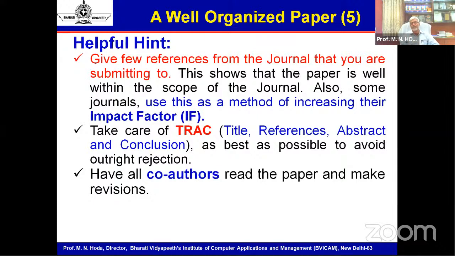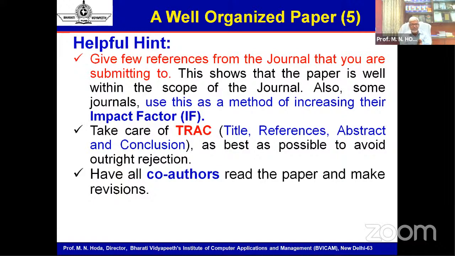Because if you have referred to 2-3 papers, the very first decision the editor-in-chief will try to take is whether the paper is well within the scope of my journal. That question will get answered with yes. The moment the editor-in-chief sees that there are 3 or 5 papers from my own journal referred here, the question of whether this new paper is within the scope of my journal doesn't arise. So you made a point there, and your paper is well within the scope of the journal.